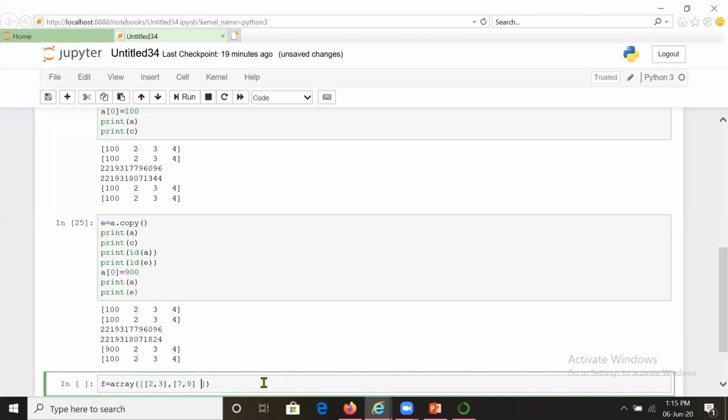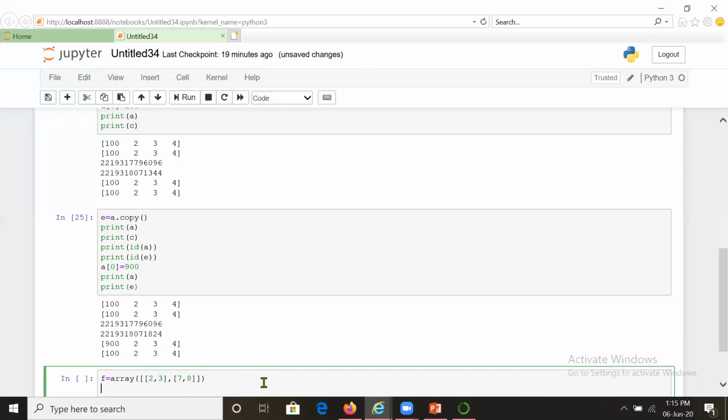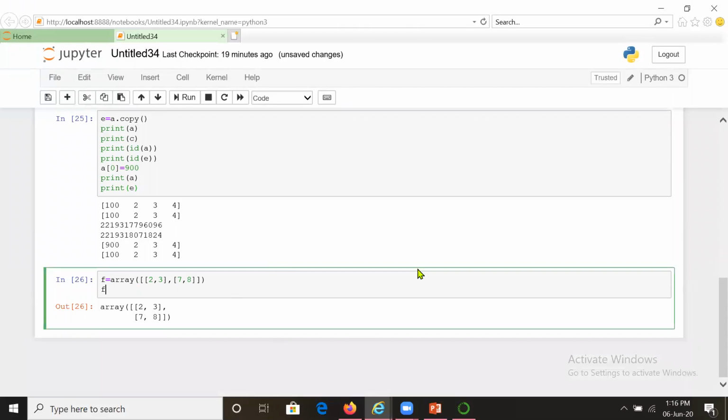Okay, let us work with a two-dimensional array initially. See here, this is how you have created a two-dimensional array. Now let us have another array, g is equal to, let me use the same line. Sorry, here I need to copy and I will change the elements. Suppose I take 6, 8, and here I take 7.